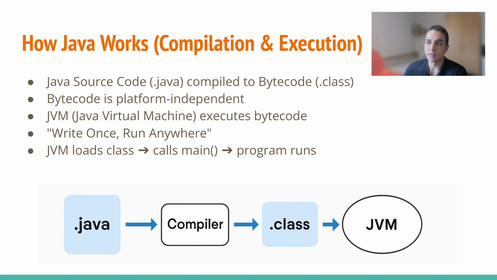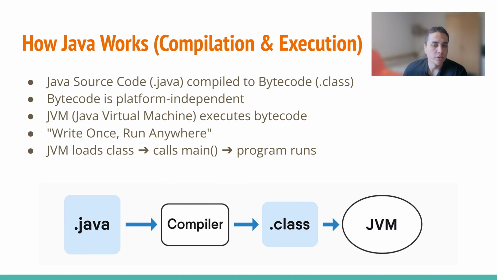Basically, it has Java source code. It is compiled by the Java compiler into bytecode, meaning the class files. This bytecode is platform independent and can run on any system that has the Java Virtual Machine, JVM. We will talk about it. The Java Virtual Machine acts as a runtime engine that loads and executes the bytecode. In other words, it has a basic rule: write once, run everywhere,